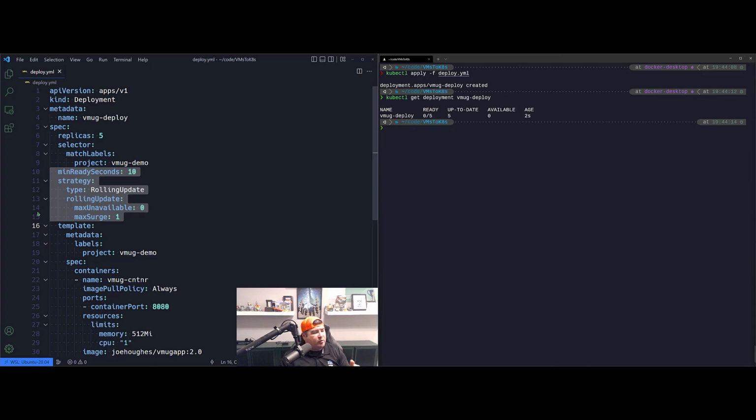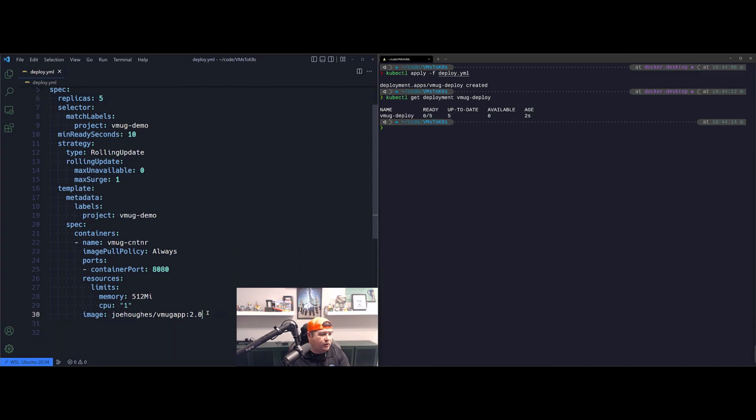We're defining the minimum number of seconds before we determine whether or not the pod is ready. We're determining the strategy type of rolling update. And then for the rolling update itself, we're defining 2 different parameters, a max unavailable and a max surge. These can be integers or percentages, but max unavailable 0 means only bring new containers online before we take old pods off. And the max surge allows us to define the number of additional pods beyond the defined spec for this replica that can be brought up. We're saying 1, so essentially we can bring 1 new one on and then delete 1 old one.